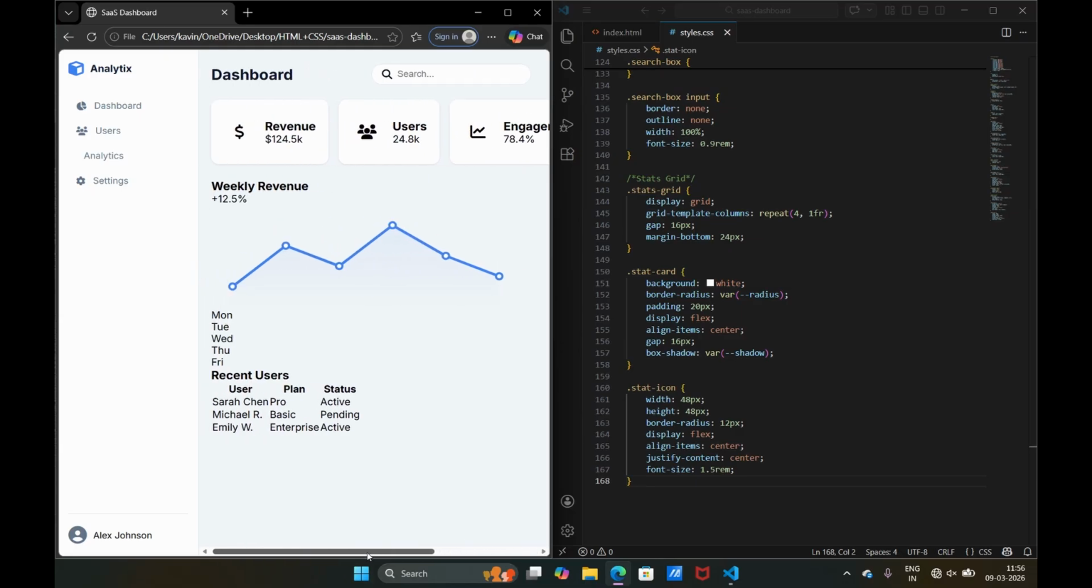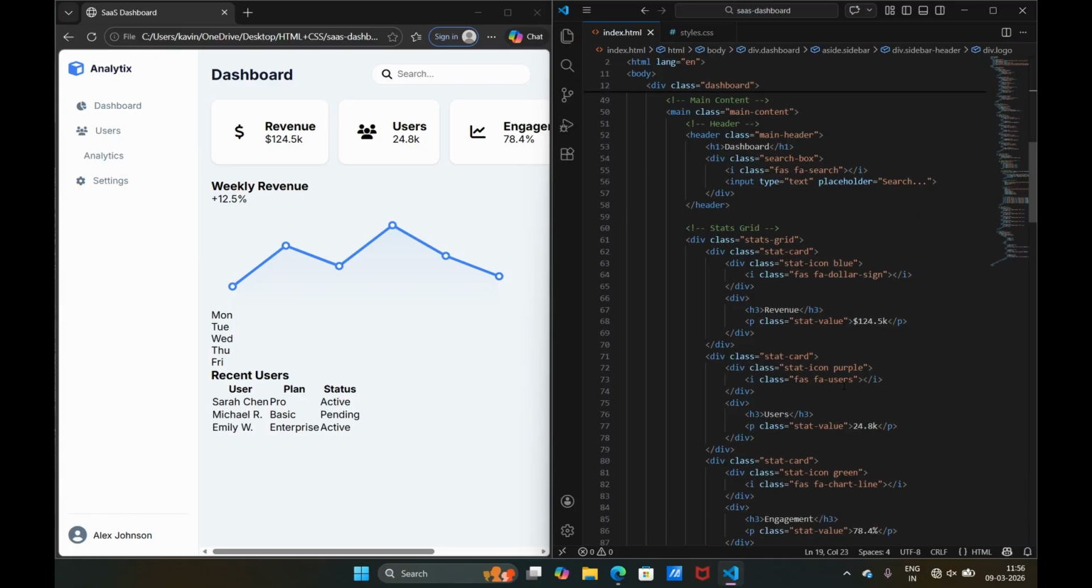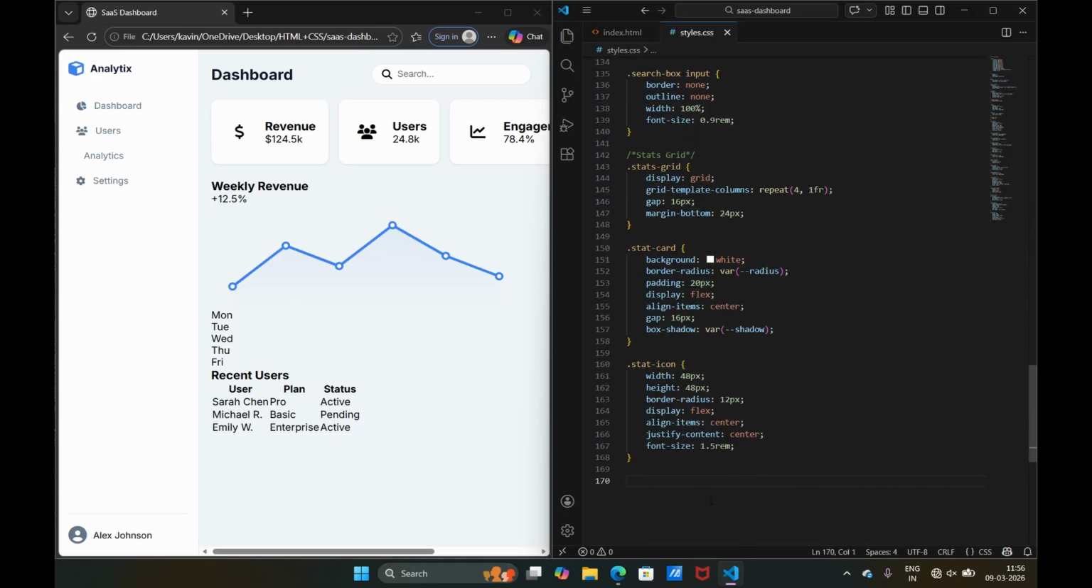So next, if we come and see here, for each division we also gave a class for icons. We gave the classes stat icon blue, stat icon purple, stat icon green. So this is only for the icons. Let's style that now. This is also for icons. For stat icon